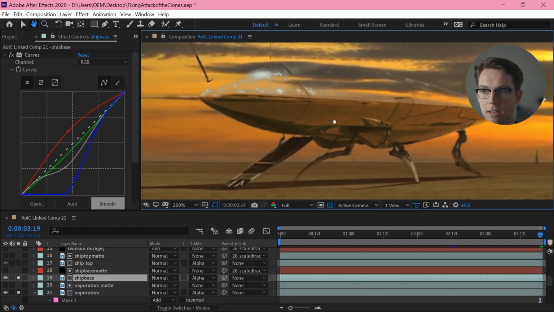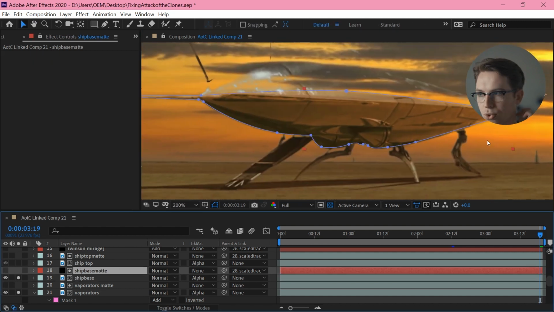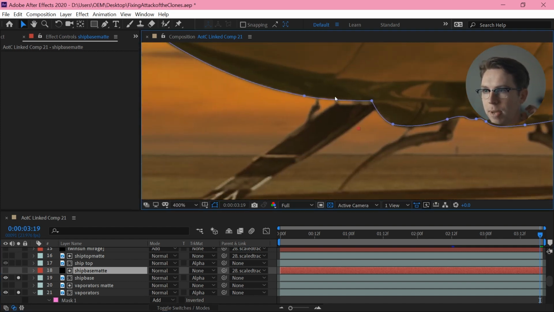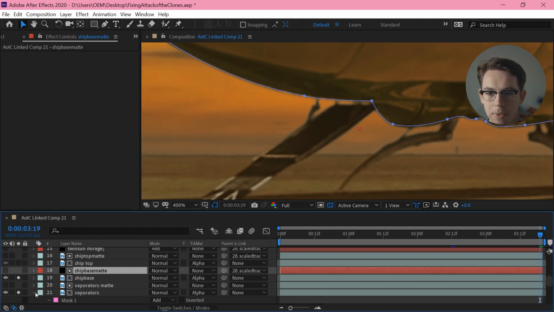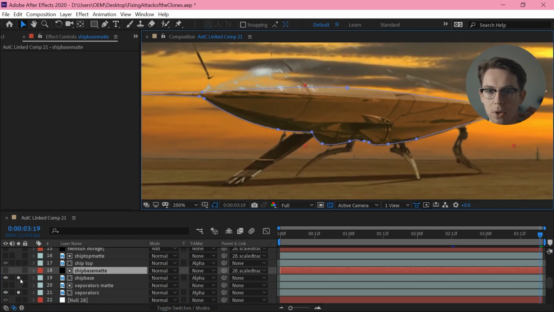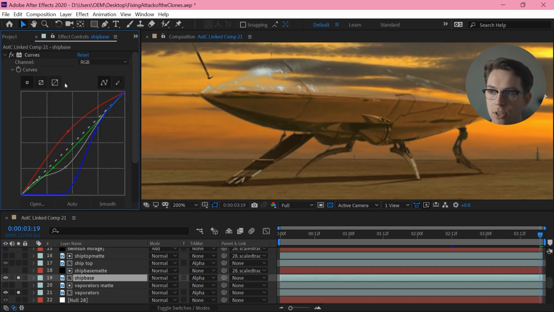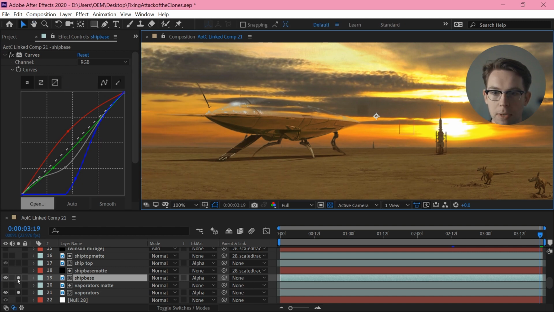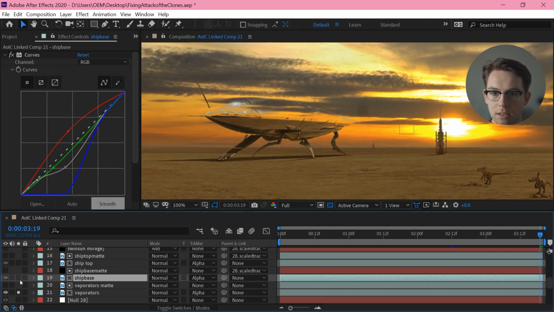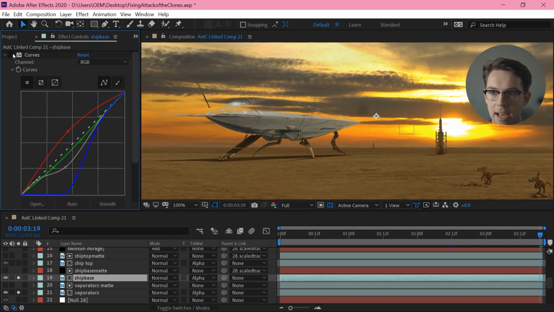Now, because the ship has obvious edges, I can just draw a mask around that. And by this point, I've managed to add back in all these tiny details with my mattes down beneath it, but I just want to get the body of this ship back in place. And I want to do a curves adjustment on it. I don't want it to be this color. I want it to be a little more matte. I want it to be like it's reflecting this sort of dirtier, more sunsetty ground.